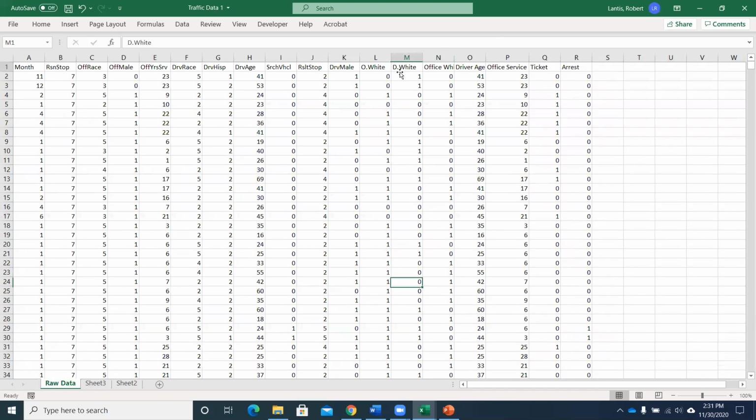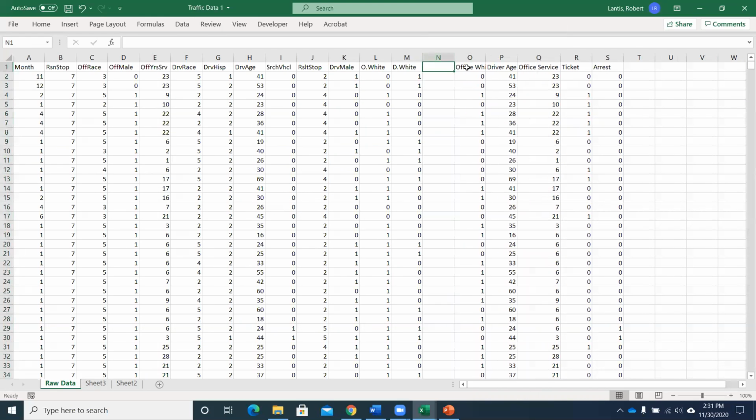Right? And now I'm going to include those same variables, but I'm also going to look at whether or not the officer was white, whether or not the driver was white, right? And then whether or not the officer is white and the driver is non-white. Okay. So actually, I might switch this around here. I'm going to actually do driver non-white, which is just equal to